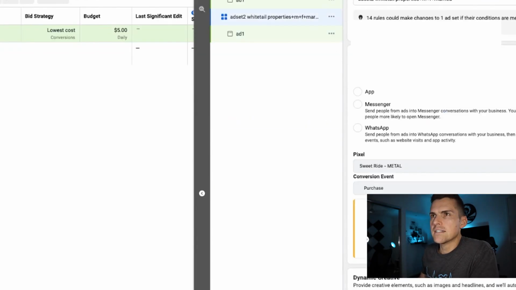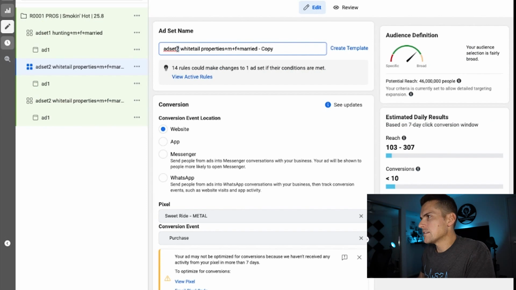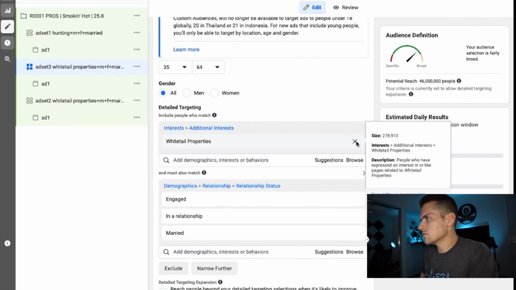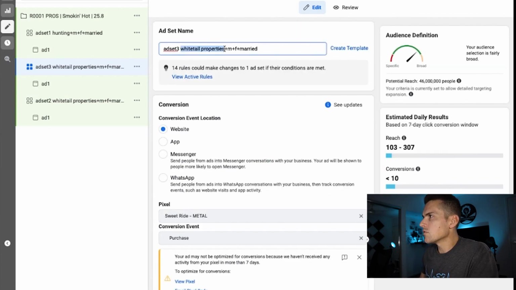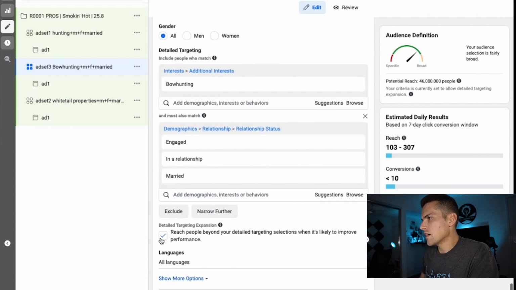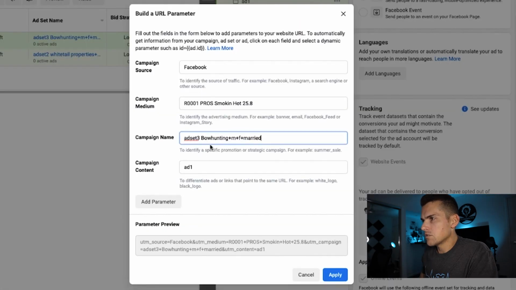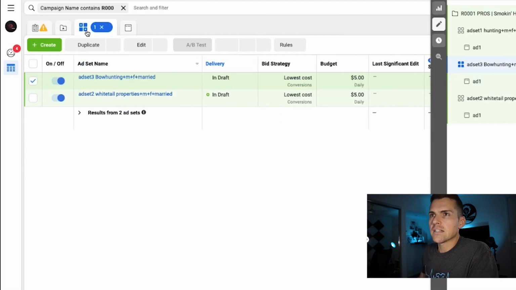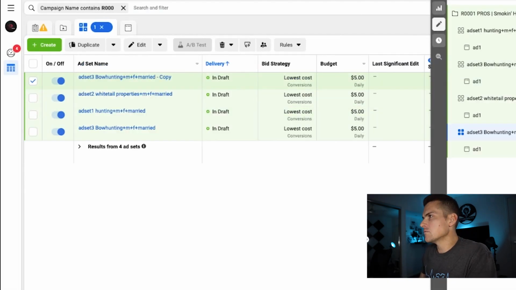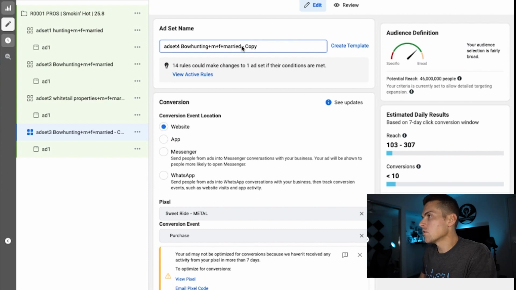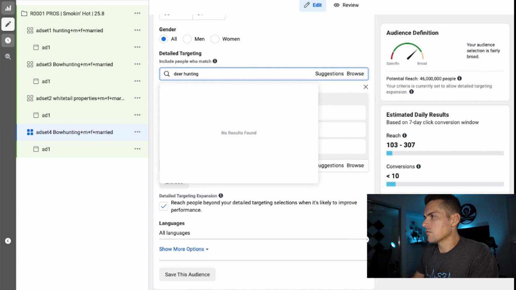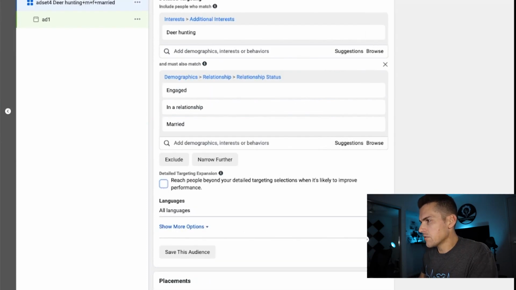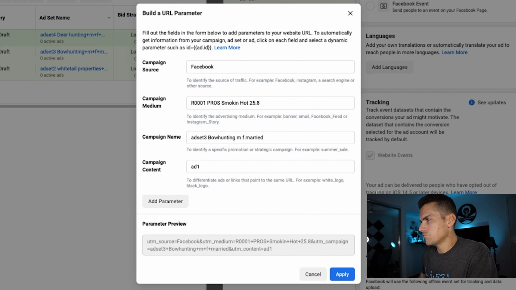Come back to your ad set, Control D, ad set 3, remove the copy, come down, bow hunting, change it up here, remove the targeting expansion, parameter, change the campaign name, come back to ad sets, duplicate again, 4, remove the copy, and this time I'm going to go deer hunting, keeping it a little bit broad, remove targeting expansion, we'll go to the ad,